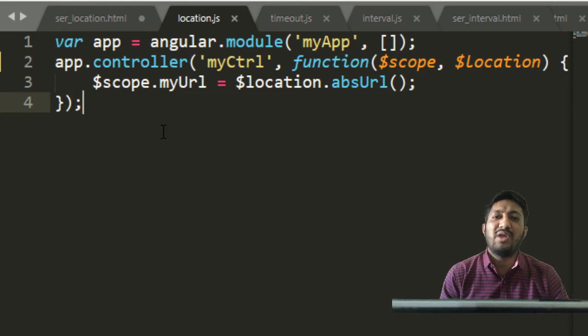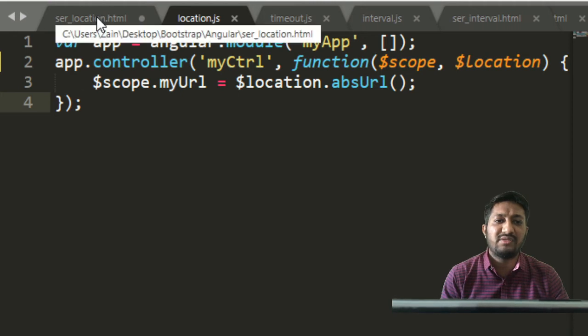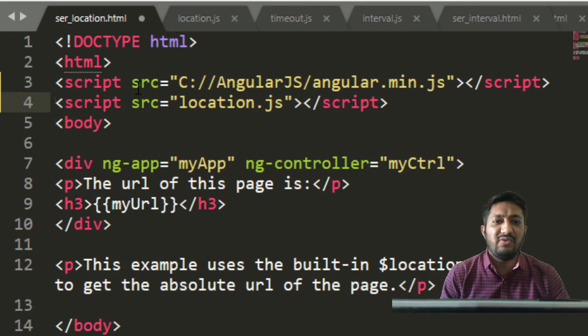Now how can we get that data in our HTML page? First in our HTML file, we write our angular.min.js, and then I connect the external JS file, that is my location.js file. Now in my particular Angular application, the application name is myApp, and here in this div tag I am writing my controller, myControl.